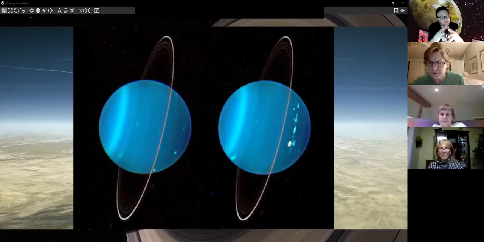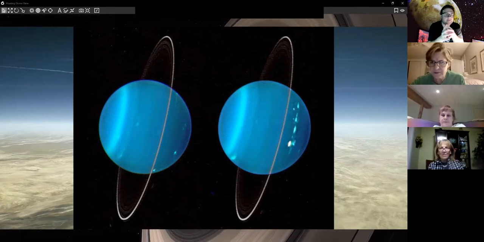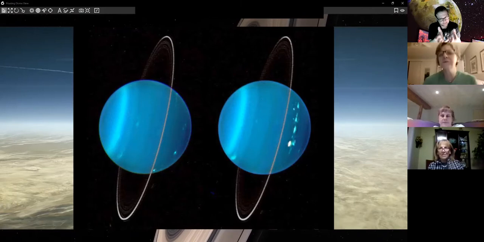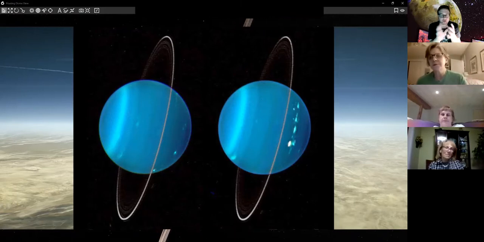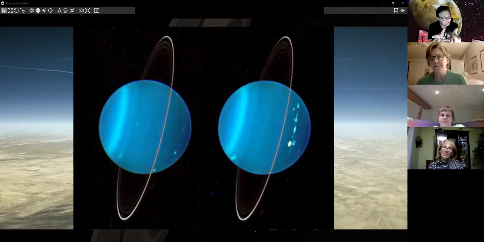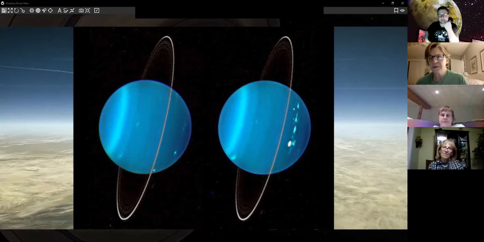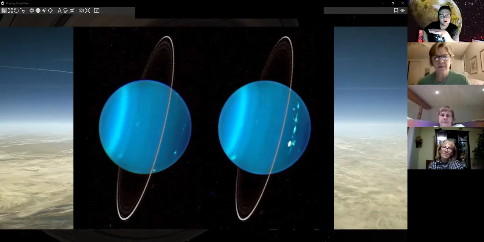And out here, this far away from the sun, methane is cold enough that it will partially crystallize and form ice. There's a lot of it in the atmosphere of Uranus. It gives it this kind of soft blue-green color. This picture of Uranus has been a little bit enhanced, so you can see some of the bands in the color. It tends to be more of a soft, almost